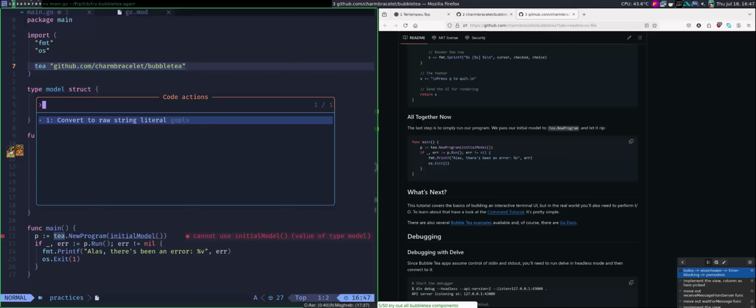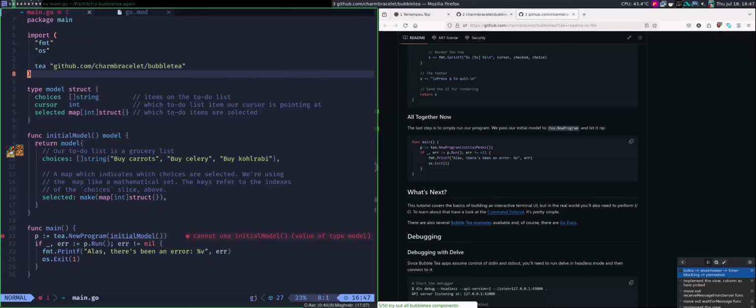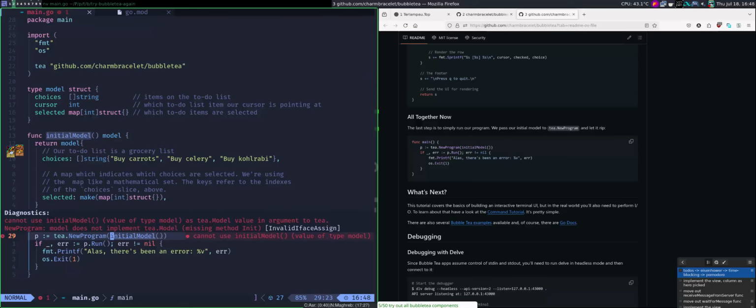Okay. Now there is an error on line 21. Cannot use initialModel, value of type model, as argument, because this does not implement tea.Model. Missing method Init and the other methods.